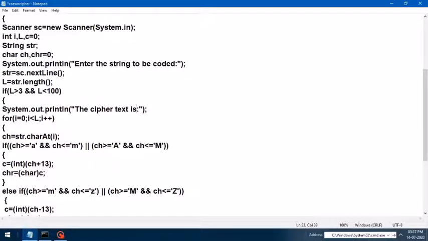Now I am starting the for loop here inside the if statement. For i equals to 0, i is less than L, i plus plus. What does this mean? It will start from the beginning of the string from 0th index, it will go till L minus 1. Okay, the first character, str dot charAt i, will be cut and stored in the variable ch. If this ch is from A to M,